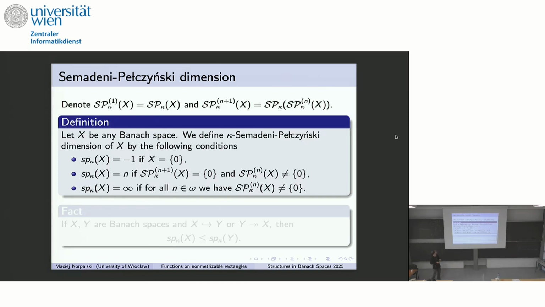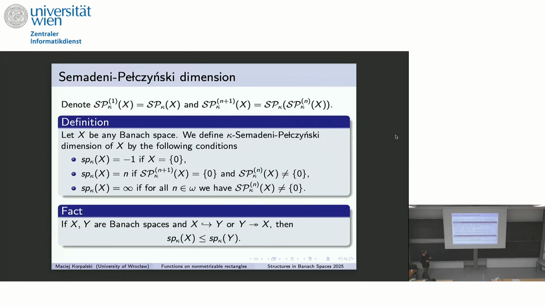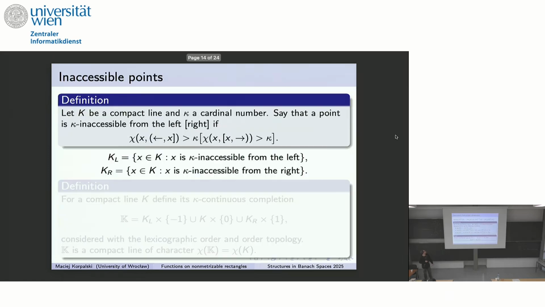So yeah, maybe. Okay, and there is this fact that if we embed one Banach space into another, or this other space surjects onto our fixed Banach space, then the Semadeni-Pełczyński dimension behaves nicely because of it. This stems basically from the fact that this is an isomorphic invariant, so if we calculate everything and just write down the symbols, this is nothing serious, but it will be very useful for the later results. Okay, and I think this is the last slide with any non-trivial notions.